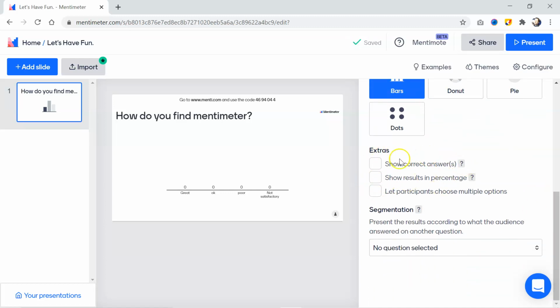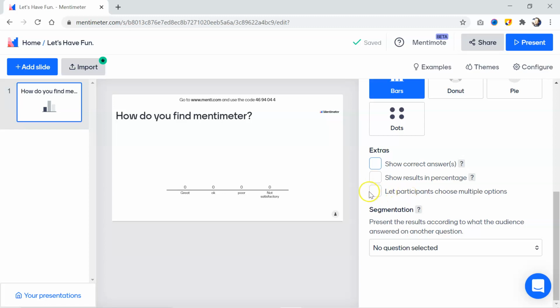Here are some extra options which can be accessed, like show correct answers to your audience. If you want to show your correct answers to the audience, you may tick here. If not, then untick it. Show results in percentage: do you want to get your answers in percentage? And if the participants choose multiple options, then you may go for this third one.